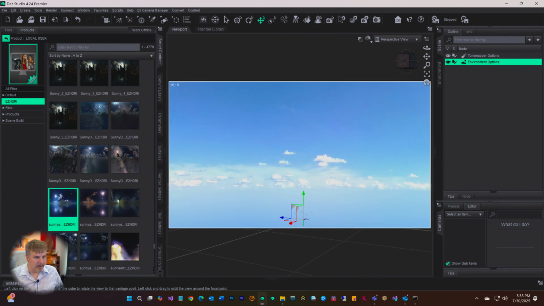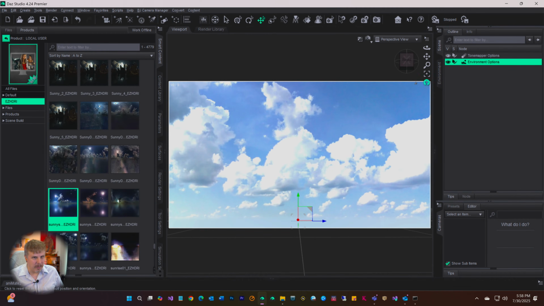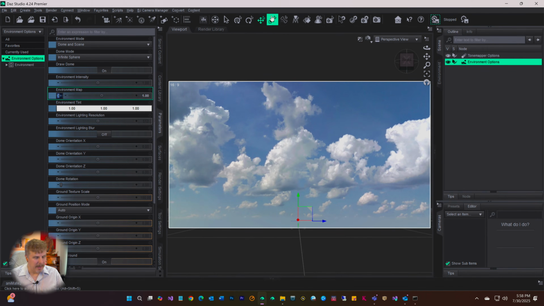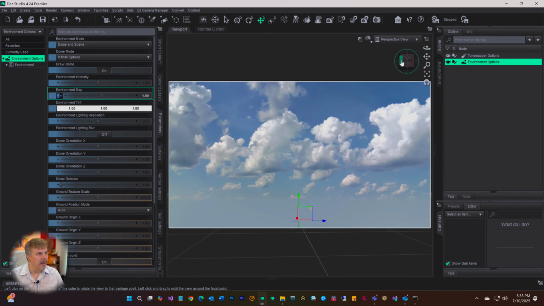Look at this. This one's a little bit blown out. So you just come in here to your parameters. Like I said, it's probably 3 delights. So you go down to 1. And there you go. It might be a little bit too much taken off now, but